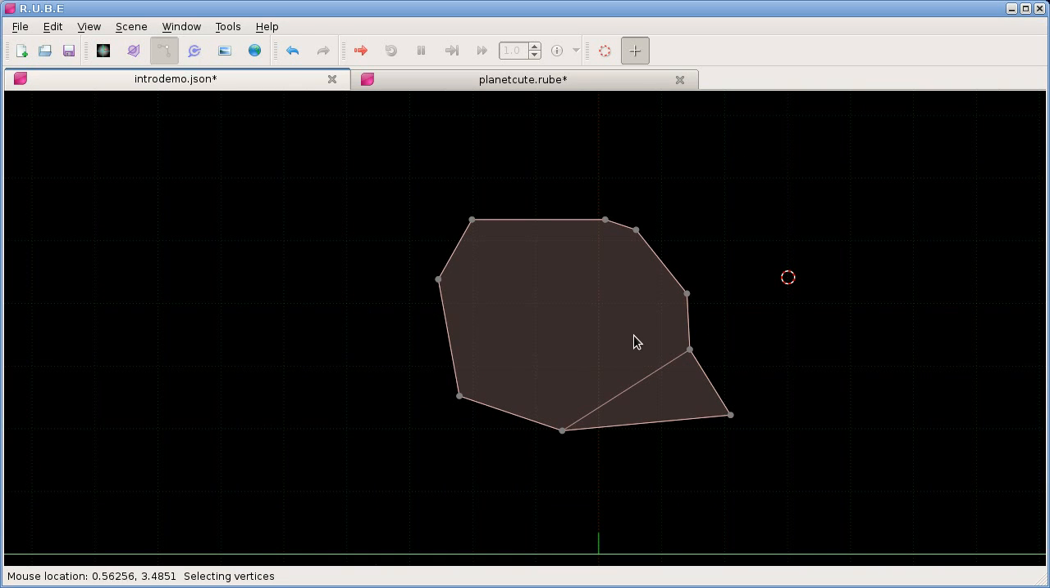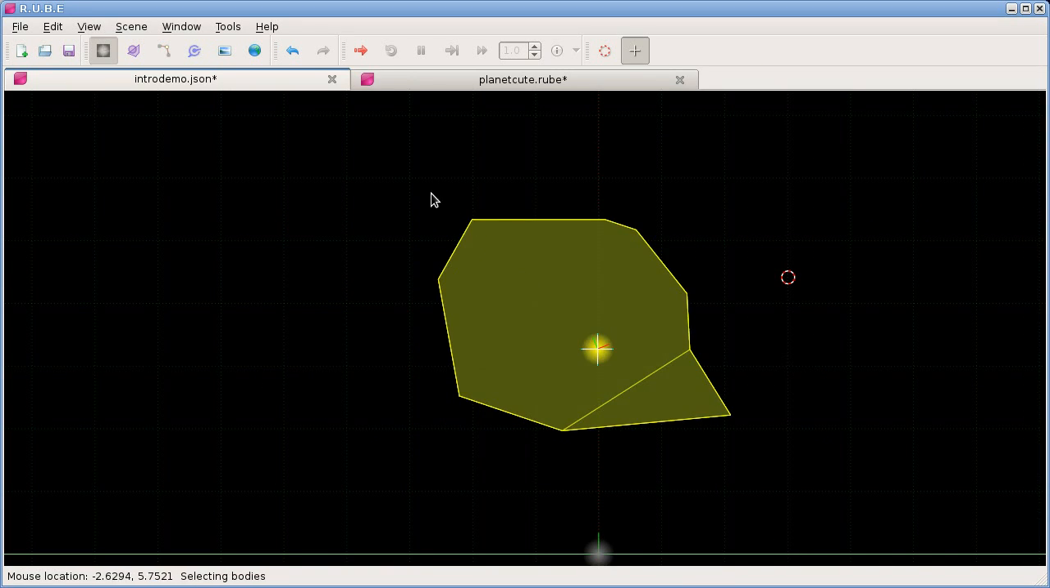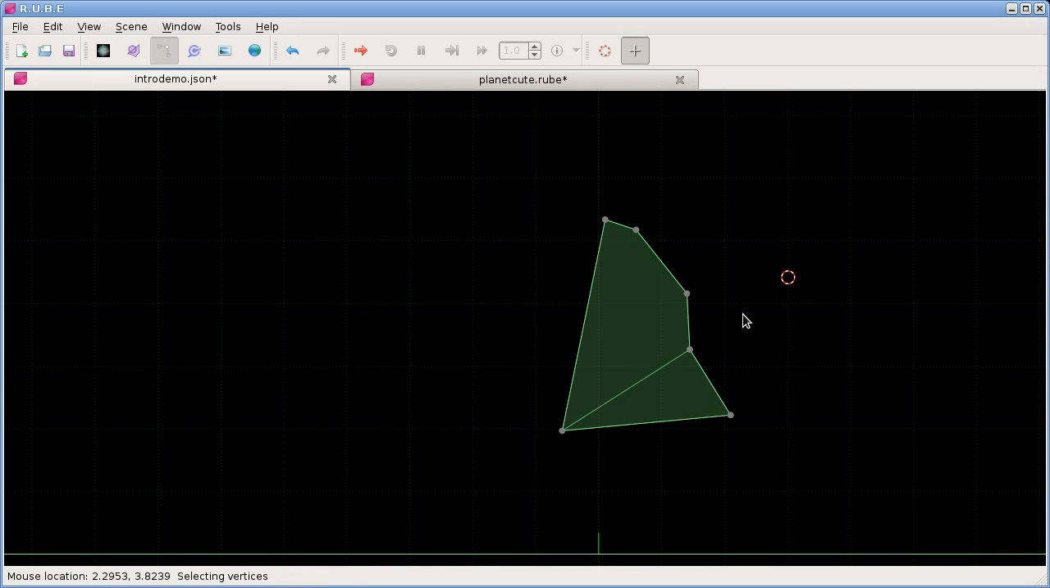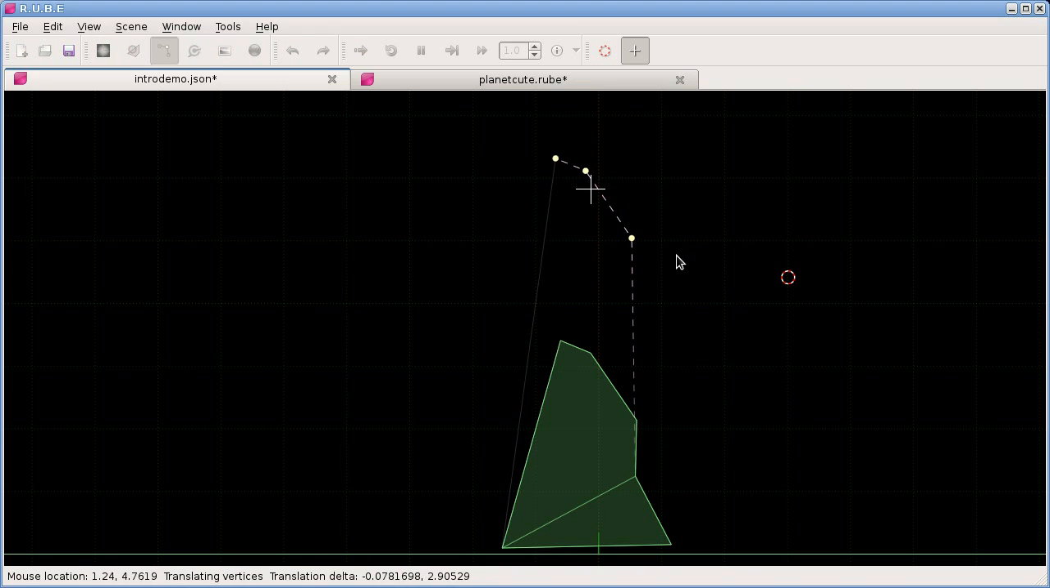So that's vertices. How about joints? Let's have a quick look at joints. What should we do with this? Let's make this body a static body, and we'll get rid of some of this silliness over here. Okay, that'll do. So this body can go down here, and we will use this as the base for